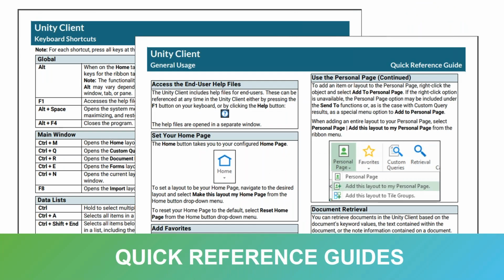All right, then we have our quick reference guides. These are at the end of the module reference guides, but I know several customers that will go to the back of the module reference guide and print out and even laminate some of these keyboard shortcuts and general usage quick reference guides for their users. They're at the back of the module reference guide for your version of the Unity client. You can print these out double-sided, pass them out, print them on some nice cardstock, post them up, make them available for everyone. And they're just some quick little training guides and maybe alerting them of features that they didn't